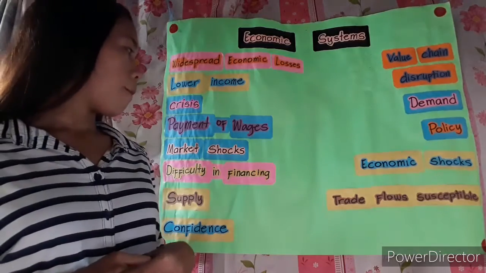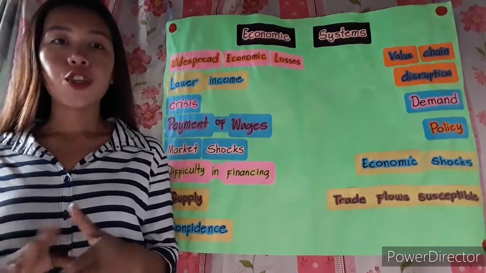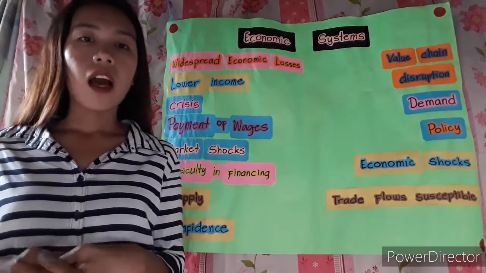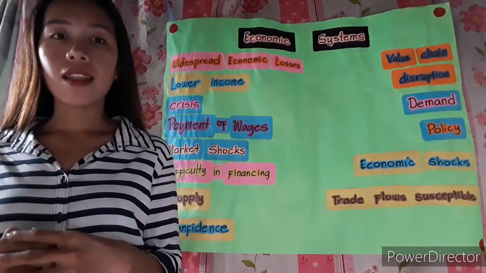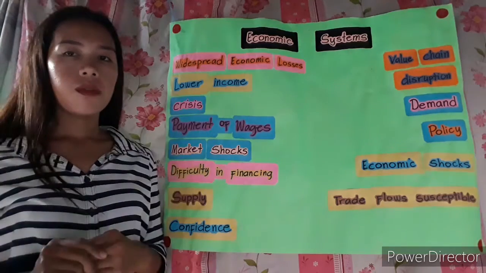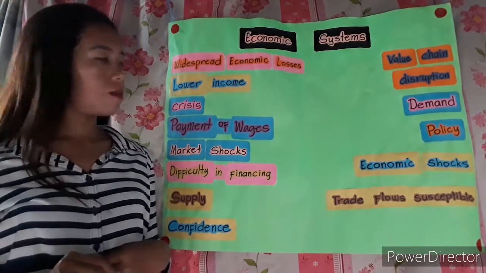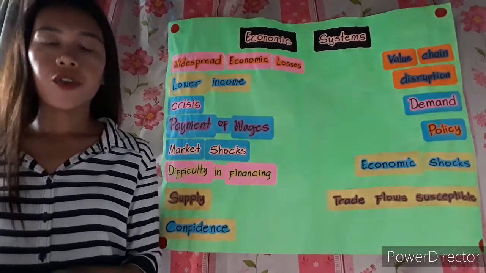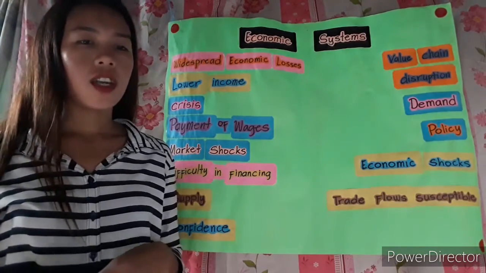Next is payment of wages. During this pandemic, the payment of wages seems to be more problematic for small and medium firms. The next variable is market shocks. When we say market shocks, during this pandemic, market shocks